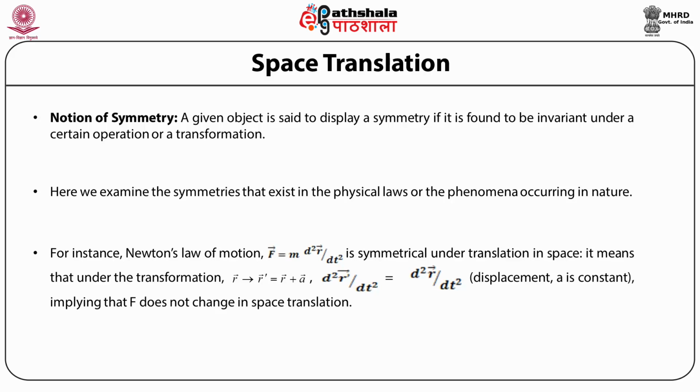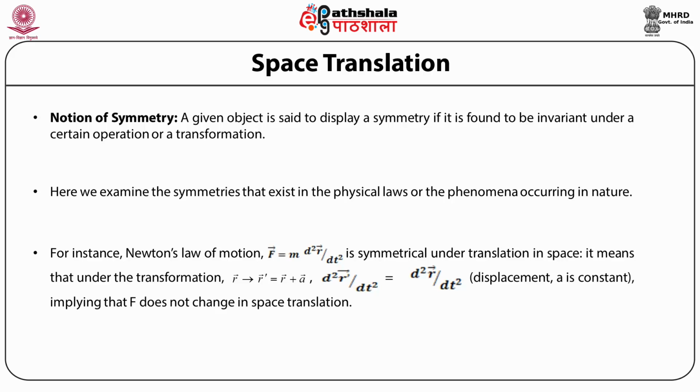What this means is that if we do a transformation in the position vector where the vector r is transformed to the vector r prime such that r prime is given by vector r plus vector a,